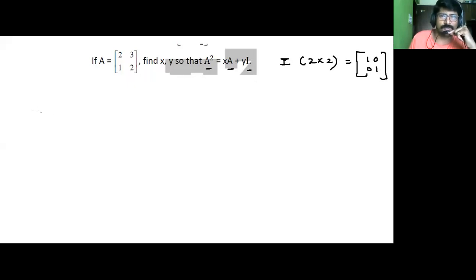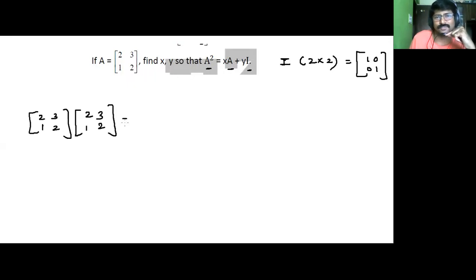So let's plug the values. So A square, first of all, left hand side, 2, 3, 1, 2 times 2, 3, 1, 2. Now many people forget that and then they just do the squaring of each element, and that's wrong. We've already discussed that in video number 5 very well. So I hope by now you are clean and clear with your concept. So what is this matrix? Okay, look at this. This x is just an element. So I'm just writing x, and that is A. What is A? 2, 3, 1, 2